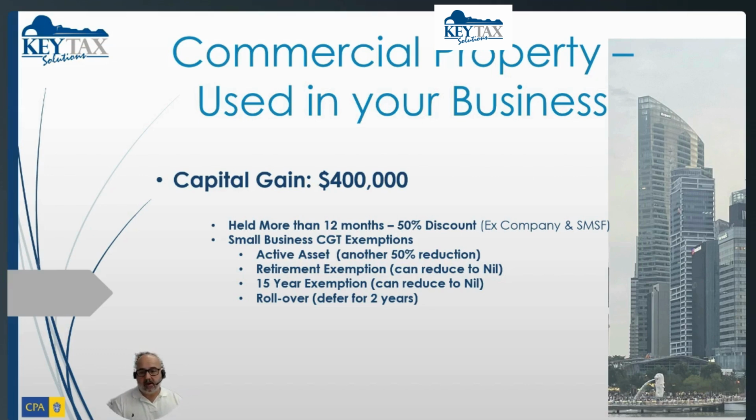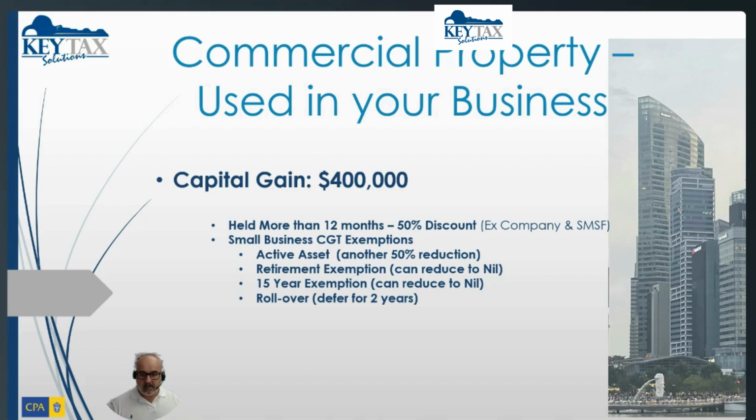However, there are other tests you can pass for small business capital gains tax exemptions. There are 4 tests there. There's the active asset test, which gives you a further 50% reduction, making your gain 25%. We have what they call a retirement exemption. There's various tests you need to pass for that, but it gives you the ability to reduce your actual gain